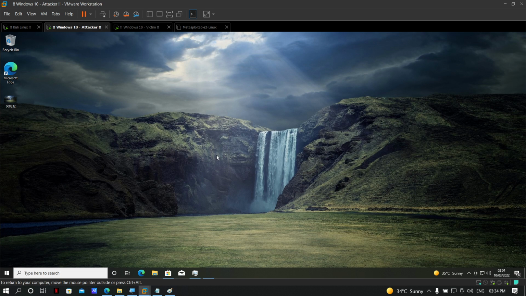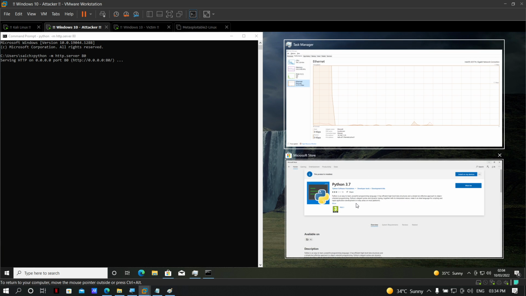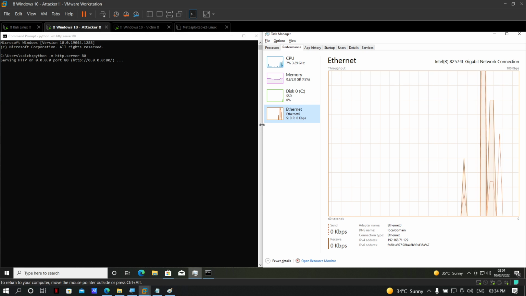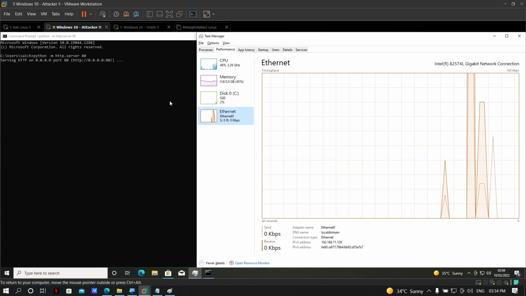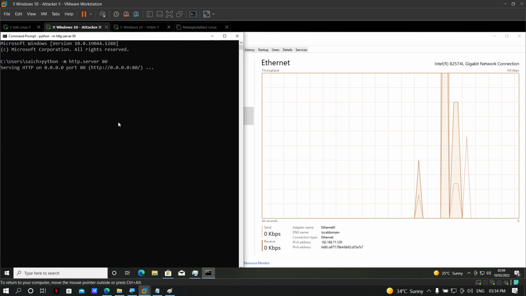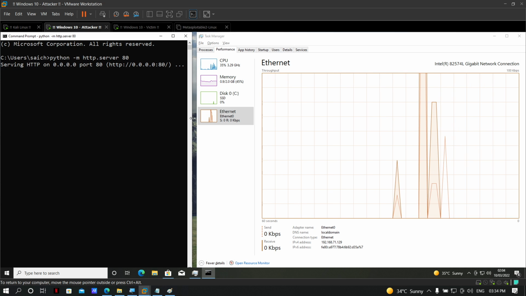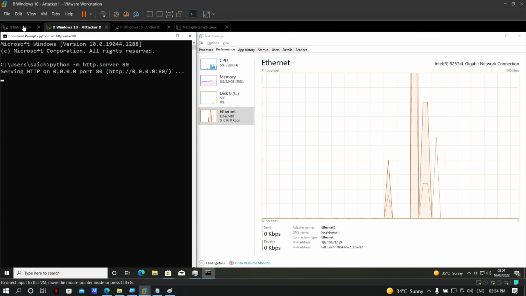I have closed the CMD. Just keep the CMD open and let's take them side by side. All good.